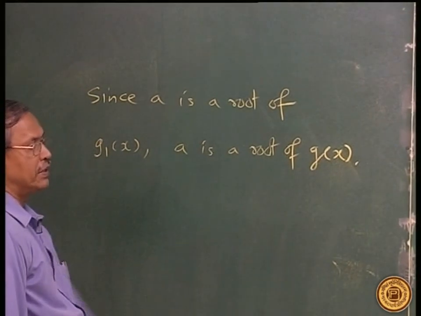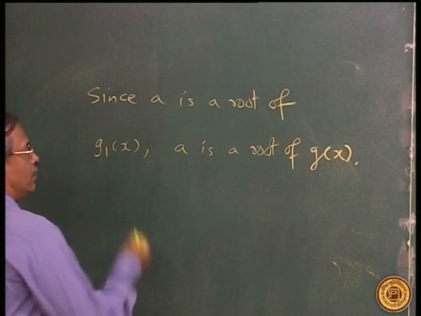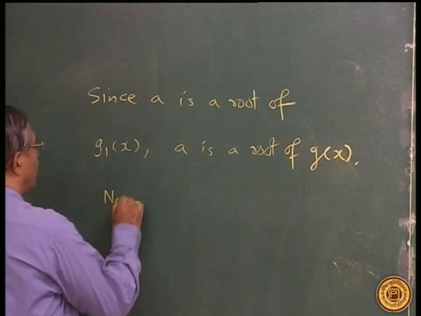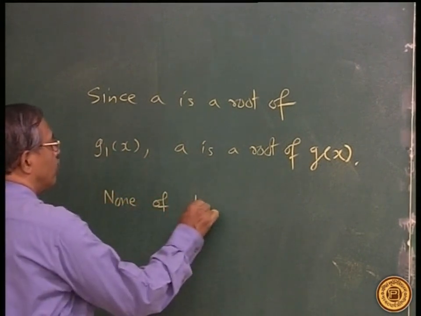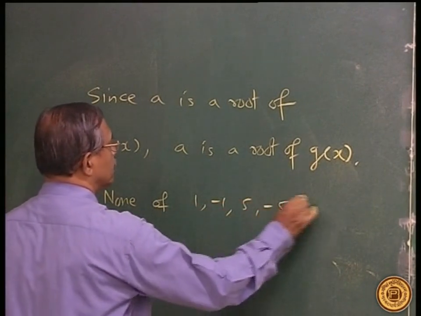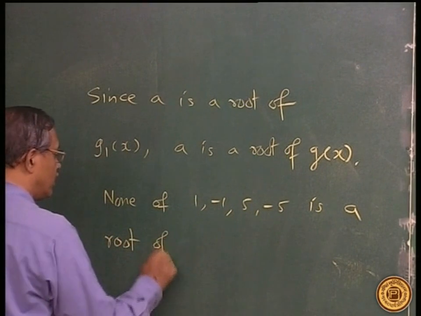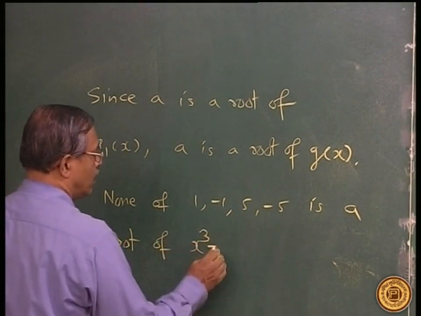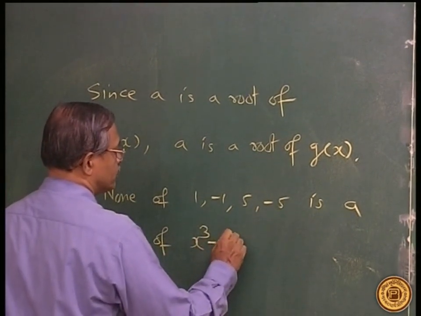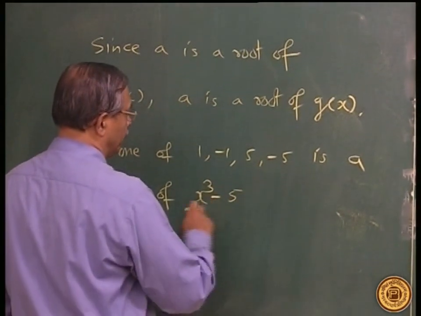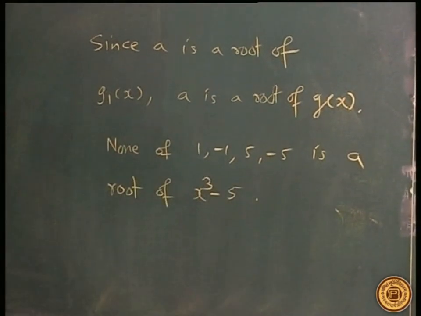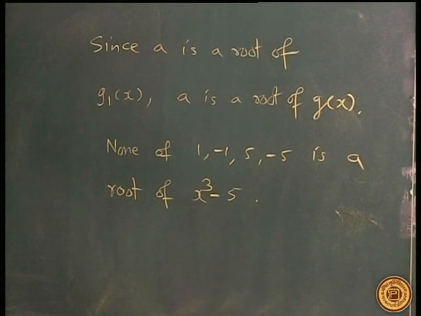That a is plus minus 1, plus minus 5, none of 1, minus 1, 5, minus 5 is a root of x cube minus 5. They are not zeros of this polynomial. That means